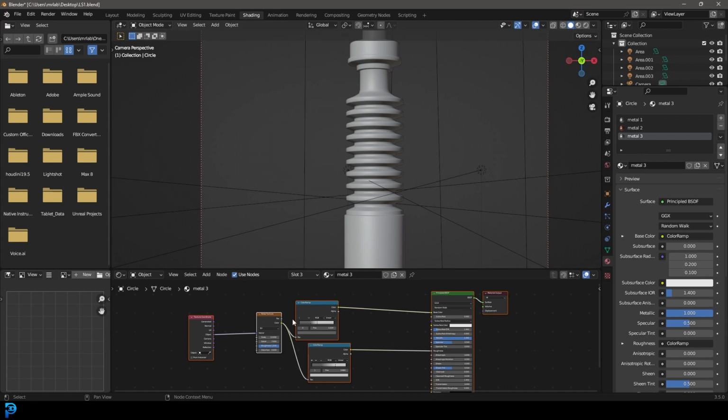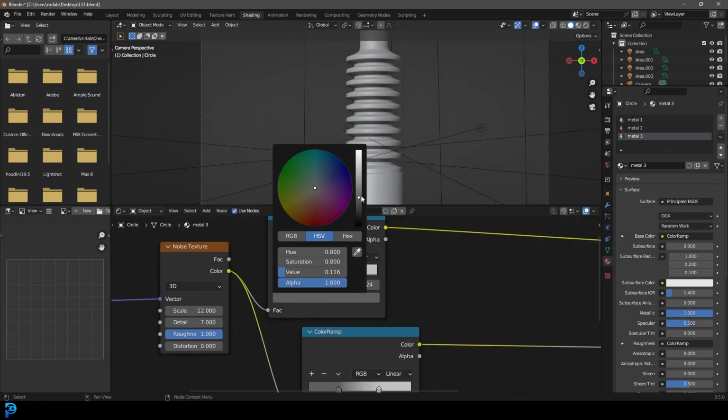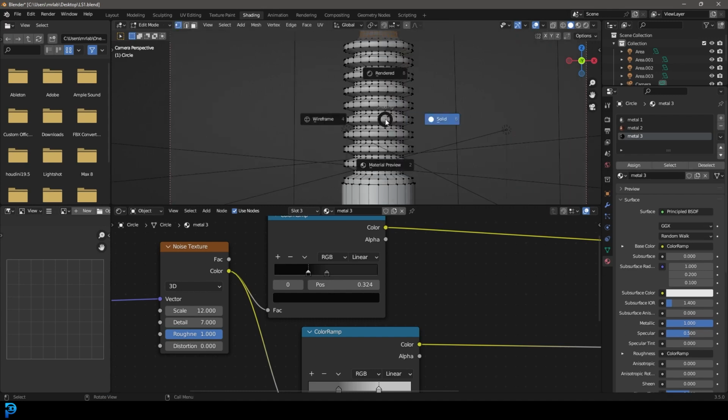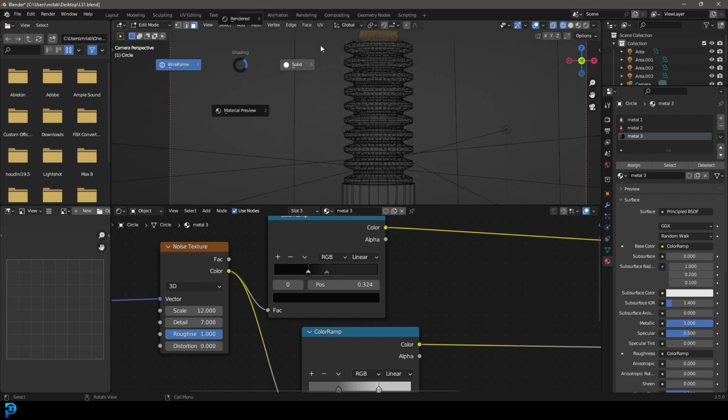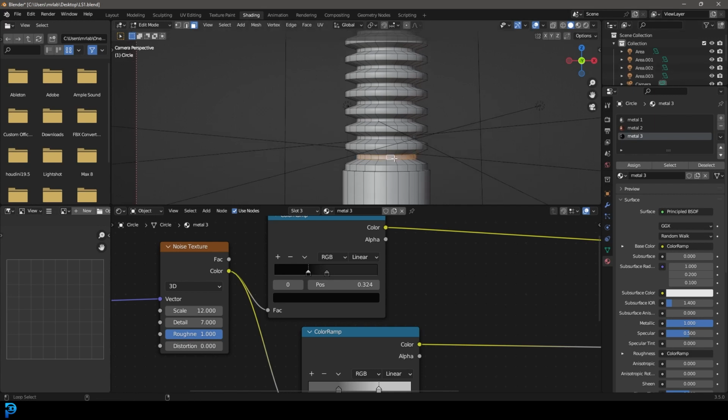And what we're gonna do is come over here to the color ramp, and make this value here darker, and this one here a lot darker as well, like so. Then we can tab into edit mode, and select all of the bits where we wanted that black material. Once again, you can look at your reference to see where that is. So that's just gonna be all the bits in between here. Just gonna select them,